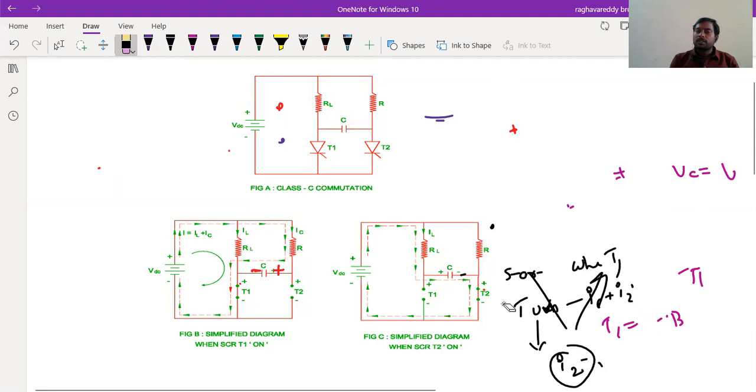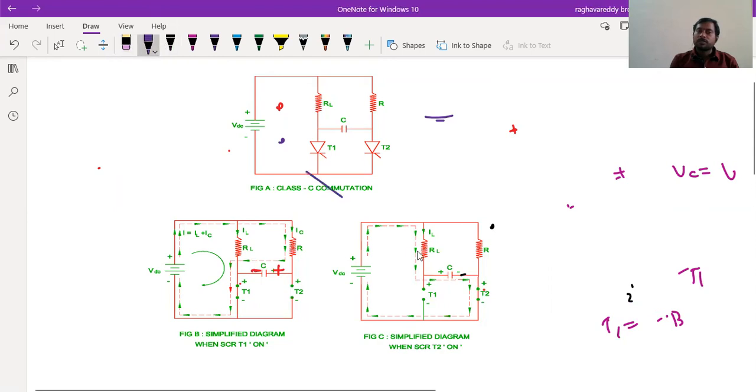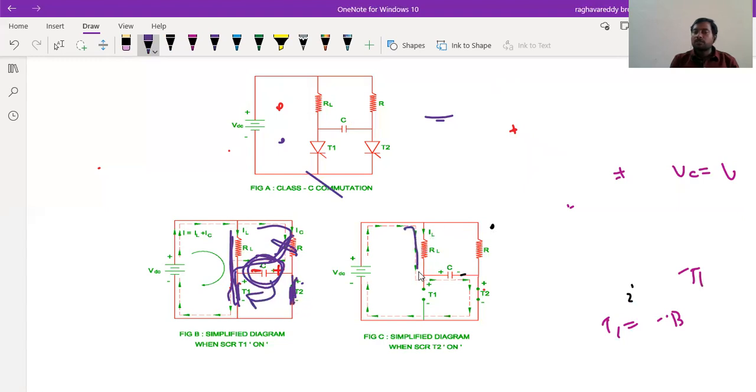So now let us look at what will happen at this position if you turn on T1. Initially, if you turn on T1, this is the path of current flow, and after a certain time the capacitor will be fully charged. This path will be closed, and only this path is available. After this, if you turn on T2 with this reverse voltage, T1 will be turned off and T2 will be turned on. Current flows through T2 in this direction, IC and I2. After a certain time, IC will vanish.